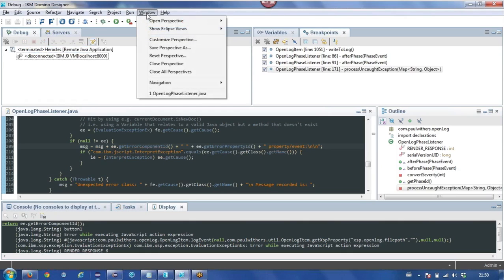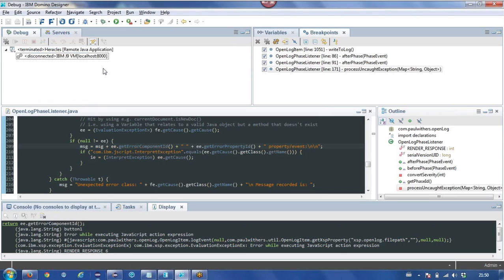And what if you forget to disconnect? You'll know because your designer client will switch over to the debug perspective next time a breakpoint is hit. Or must it be a breakpoint, or will an actual error kick you into the debug? If you've got a breakpoint set up for a particular Java exception and that exception hits, then it will kick it up. Okay, so unlike the Lotus script debugger.